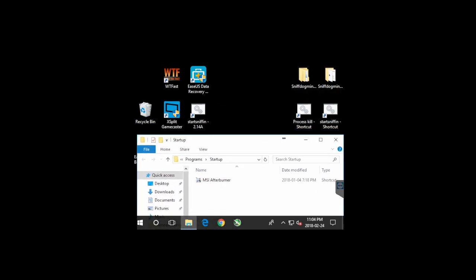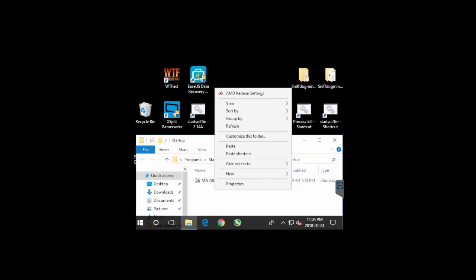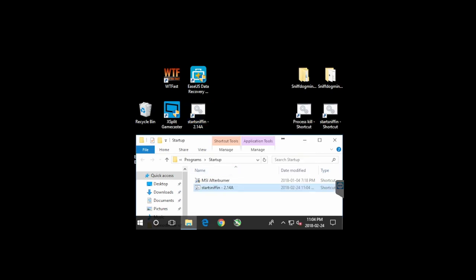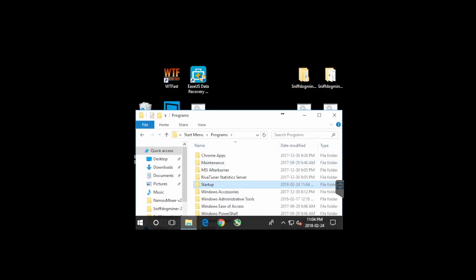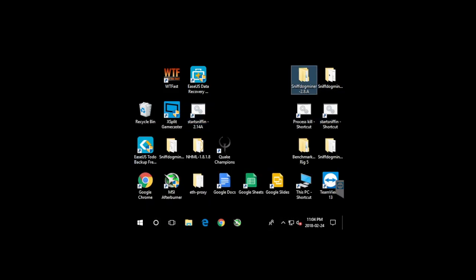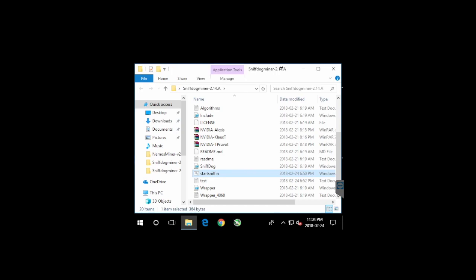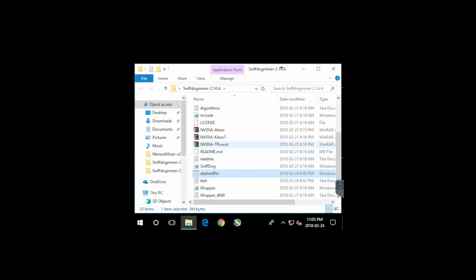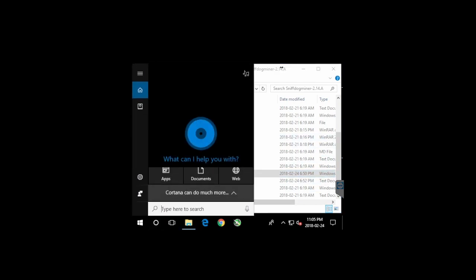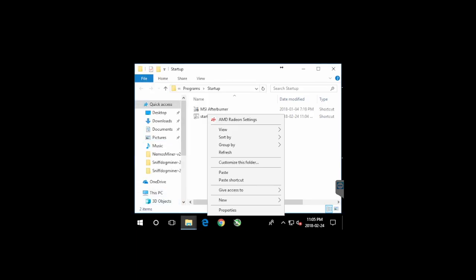What you're going to do is copy the shortcut that we made earlier and make sure you paste a shortcut. The better location to copy the shortcut from would be the folder where you have the actual original file. You double click it or right click it, whatever your computer settings are. You go to search, run, you run shell startup, and you simply